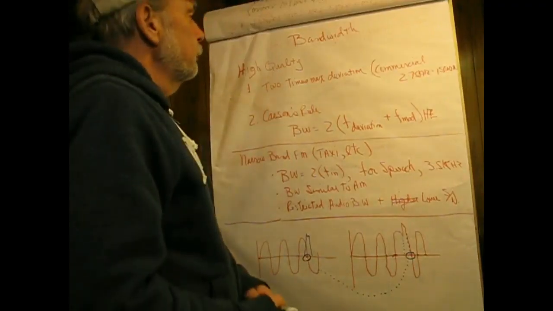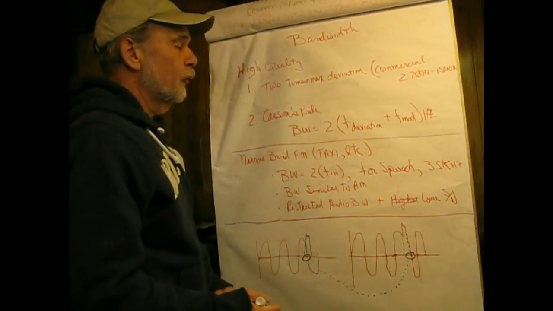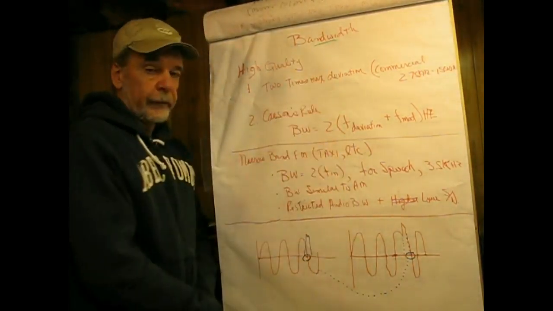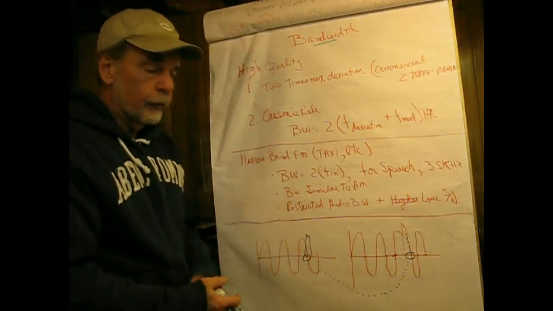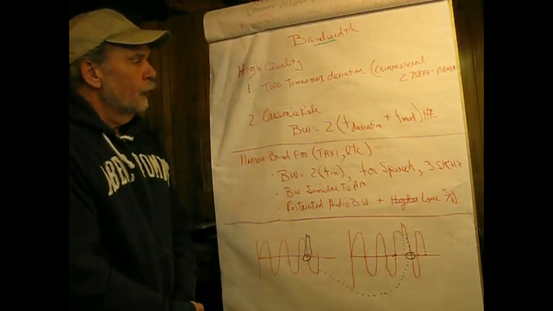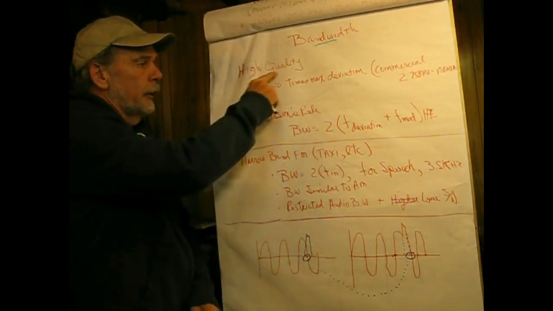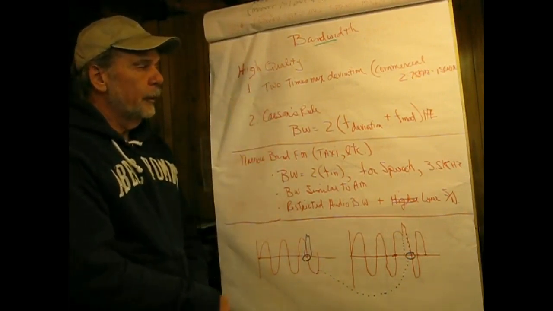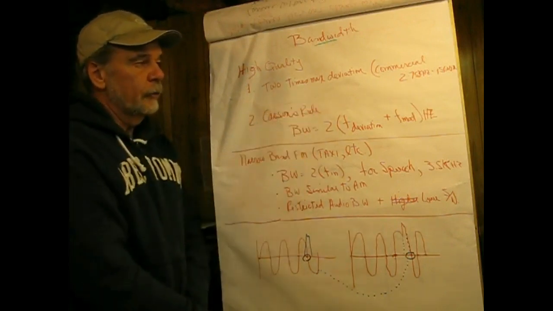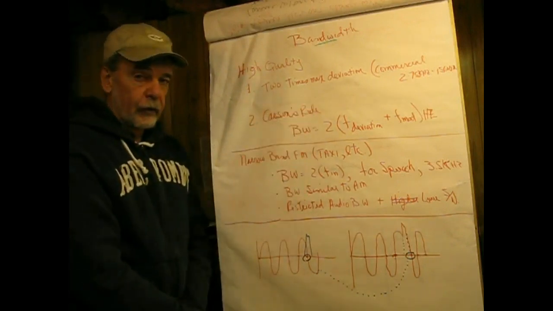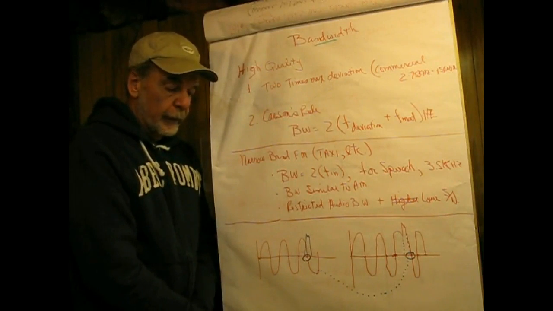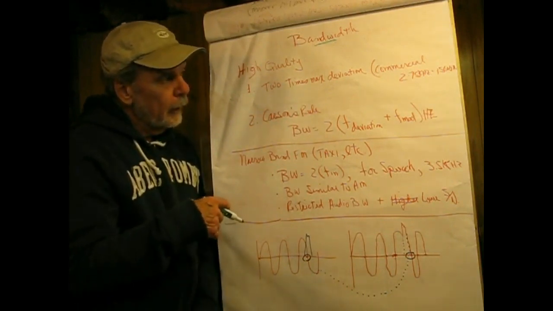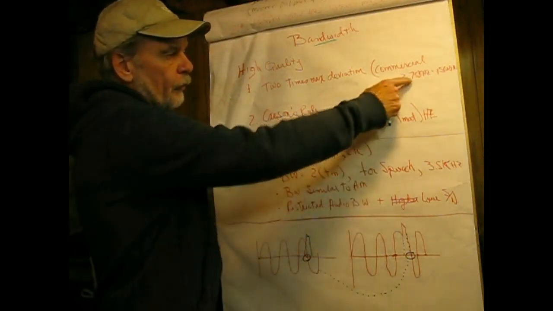Okay, we have all kinds of sidebands popping up depending upon M. So what is the bandwidth actually going to be of an FM signal? There are two ways to do this for high quality, commercial grade FM, and that would be 2 times the maximum deviation. So in the case of our 88 megahertz to 108 megahertz FM band, this would be 2 times 75 kilohertz,